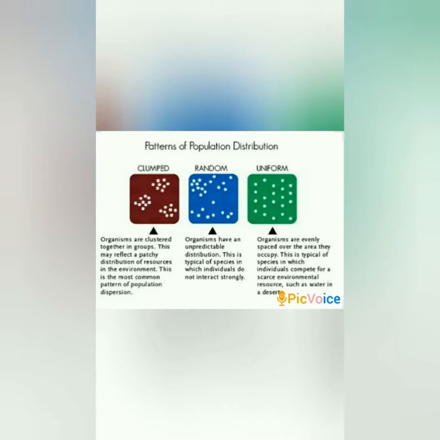The third one is clumped dispersion. It is also known as contagious or aggregated dispersion. Here, the individuals are aggregated into groups of varying size. Most populations exhibit this kind of distribution. Human populations show clumped distribution due to their social behavior, economic condition, and geographical factors.